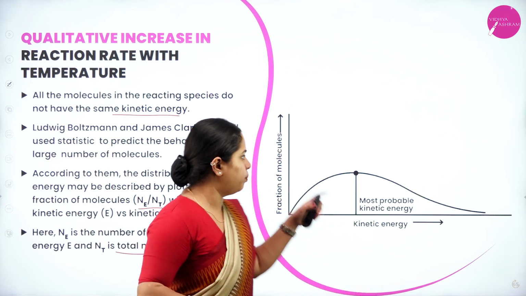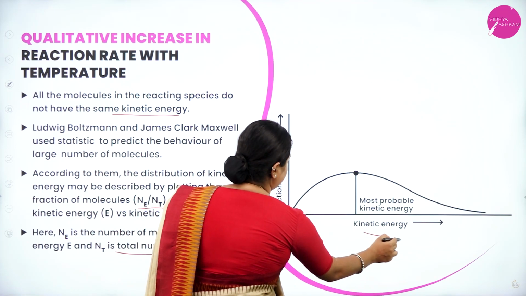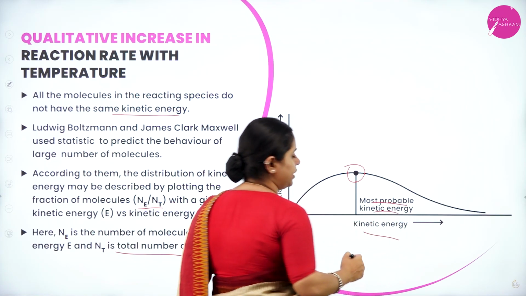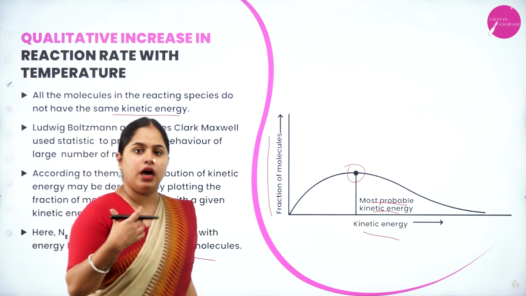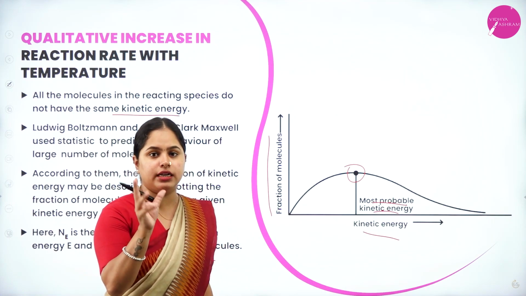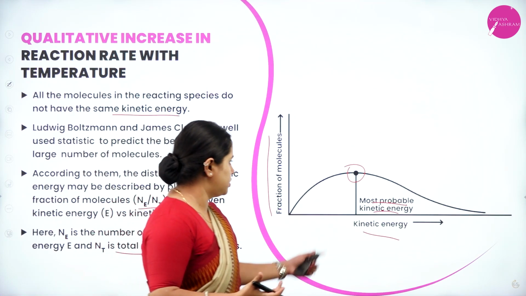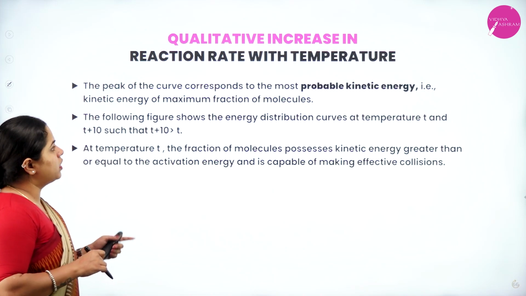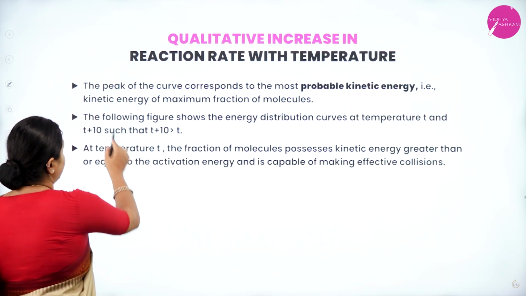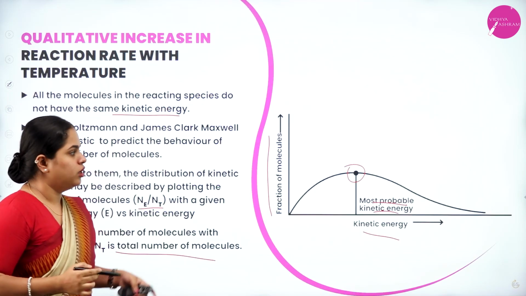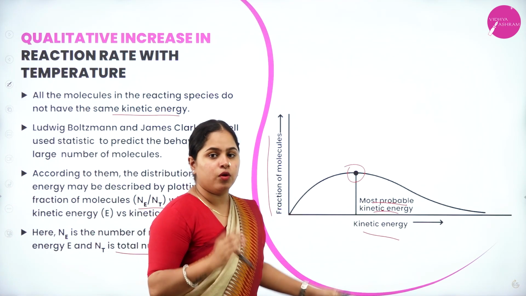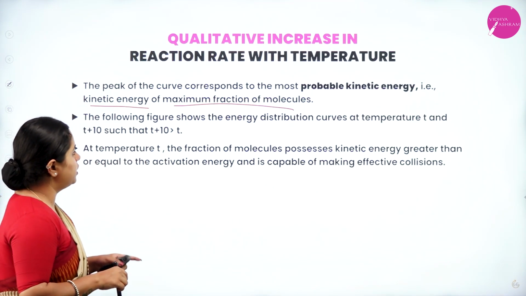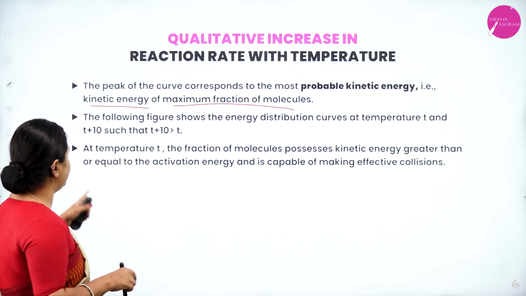total number of molecules. So if we plot a graph between the fraction of molecules and kinetic energy, you'll get a graph like this, and the highest point of the graph will tell you the most probable kinetic energy. Most probable kinetic energy means the kinetic energy possessed by the highest number of molecules. That will be this value you can see here. So that is the most probable kinetic energy. Now the peak of the curve corresponds to the most probable kinetic energy, that is, the kinetic energy of the maximum fraction of molecules. So the highest peak of this graph will tell you the kinetic energy possessed by the highest number of molecules. Right. Now the following figure shows the energy distribution curves at temperature T and T plus 10